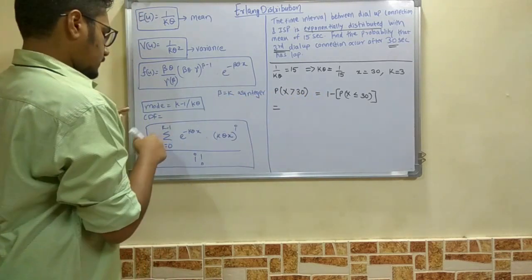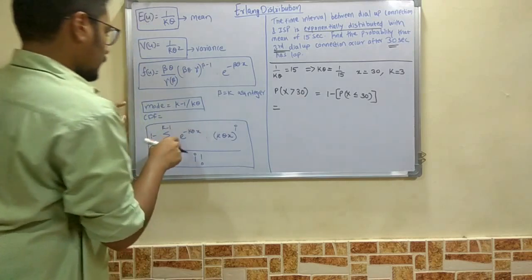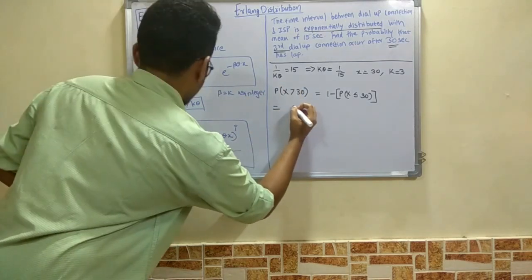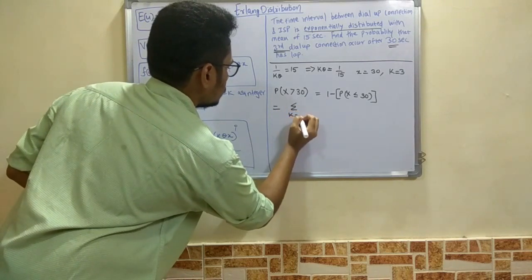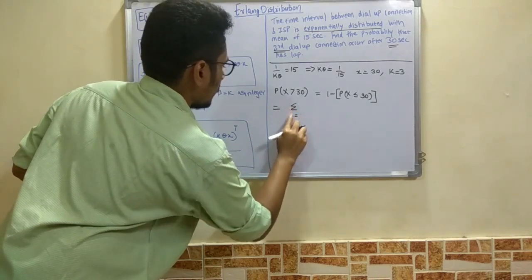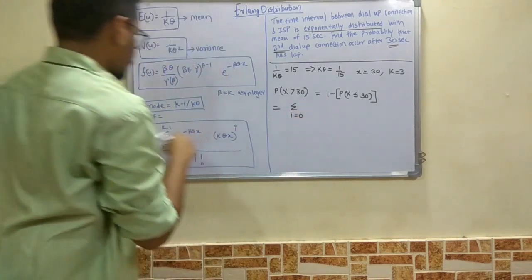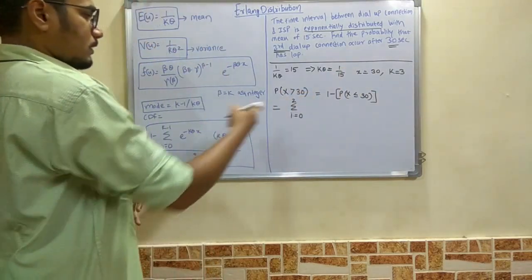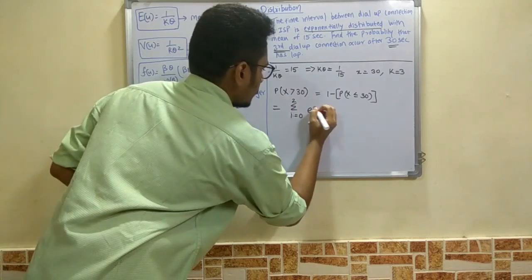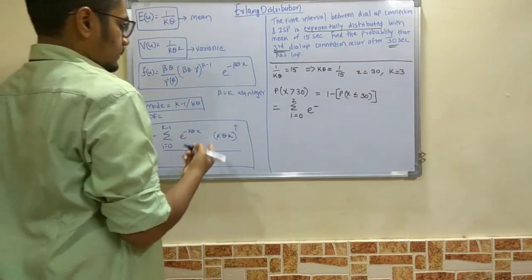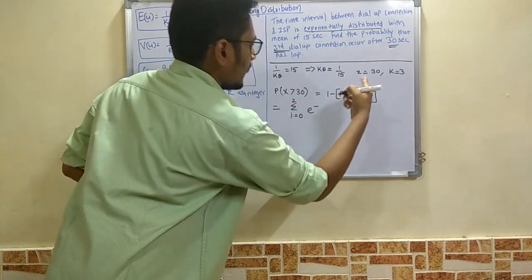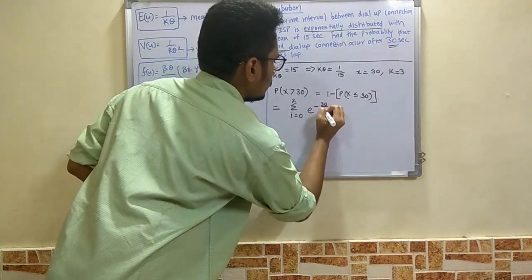This turns out to be only this much, since this one and this one get cancelled. So we only have i equal to 0 to, now we have k as 3, so it will be 0 to 2, of e raised to minus k theta x. We have k theta here, that is 1 by 15, and x is 30 here, so 30 divided by 15,